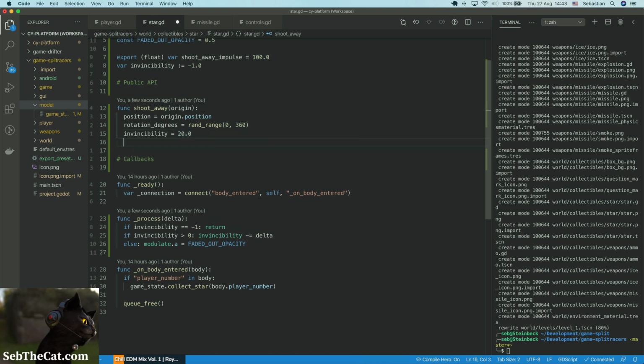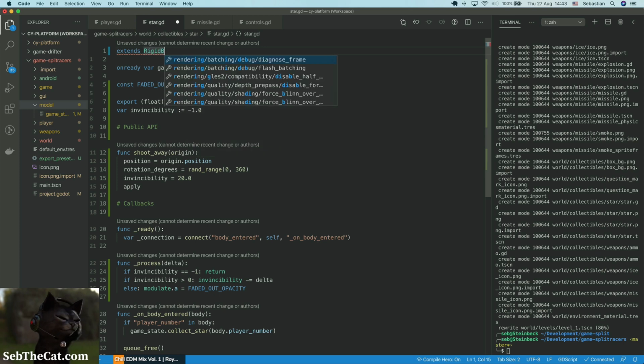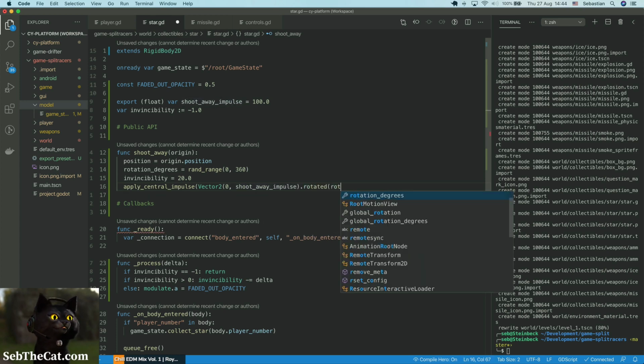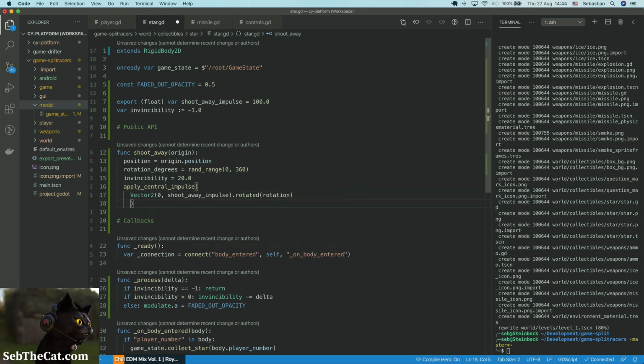Now what we want to do is apply a... this is supposed to be a rigid body 2D. So we changed our type, and now that allows us to apply a central impulse, which is going to be a vector 2 of 0 and the shoot away impulse rotated by our rotation. So we've basically pointed the star in a random direction up here on line 14, and then we have